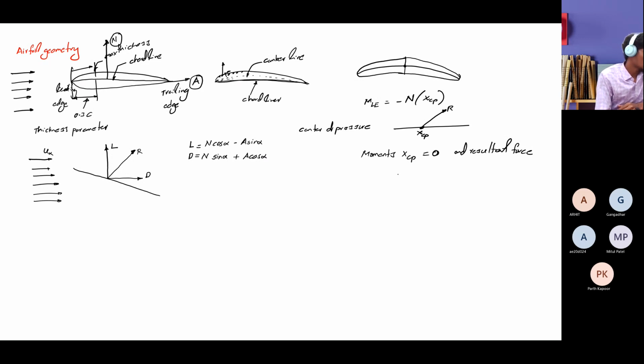Okay, and then we have the aerodynamic center. This is also some point on the chord line at which the change in moments, that is dM about the aerodynamic center, which we represent with the subscript ac, with angle of attack. If you are changing your angle of attack, the moments about that point should not vary. This one we call the aerodynamic center. Some point we can find that, the center of pressure and the aerodynamic center.